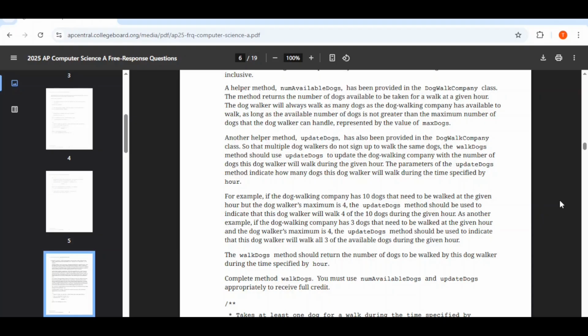The dog walker will always walk as many dogs as the dog walking company has available to walk, as long as the available number of dogs is not greater than the maximum number of dogs that the dog walker can handle, represented by the value of maxDogs. Another helper method, updateDogs, has also been provided in the DogWalkCompany class. So that multiple dog walkers do not sign up to walk the same dogs, the walkDogs method should use updateDogs to update the dog walking company with the number of dogs this dog walker will walk during the given hour. The parameters of the updateDogs method indicate how many dogs this dog walker will walk during the